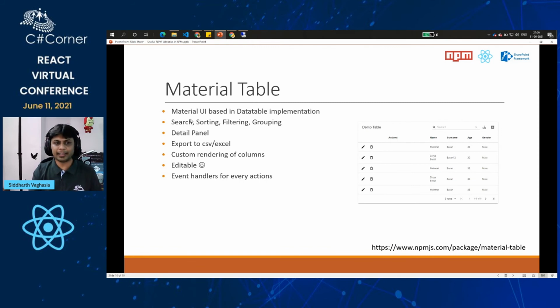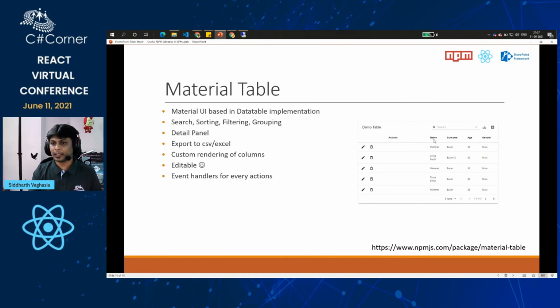Then, as any data table would have, there is search functionality, sorting, filtering, grouping, and we can choose a detail panel also. Like for example, on click of a row, a detail panel can open. Then you can have custom rendering of columns, so it gives us an option to customize the column rendering.